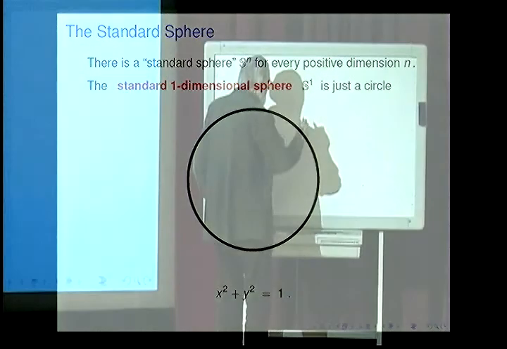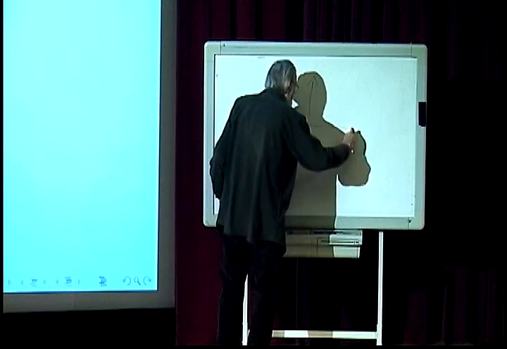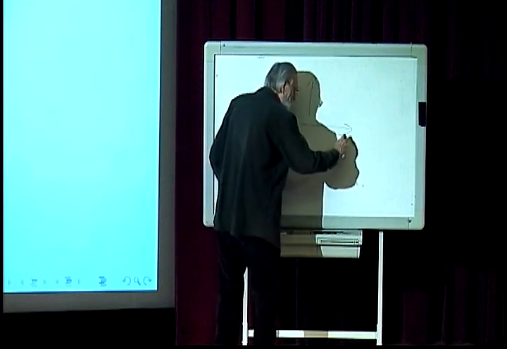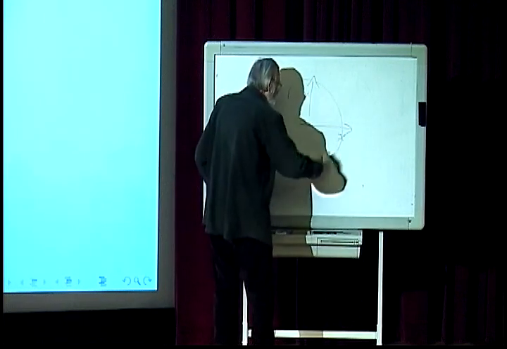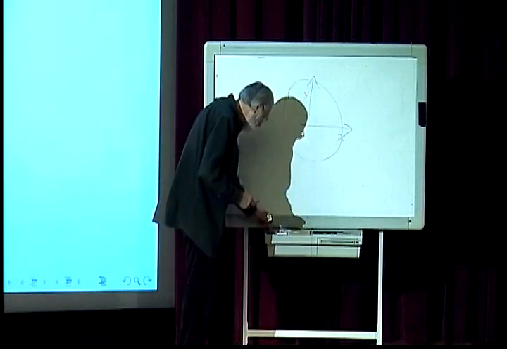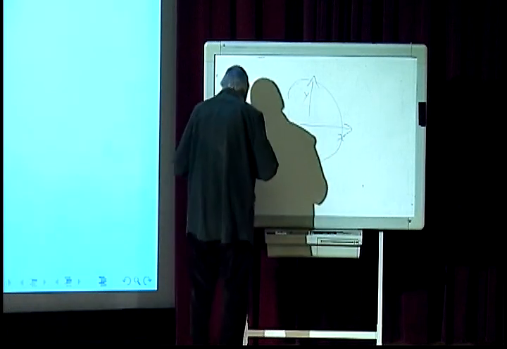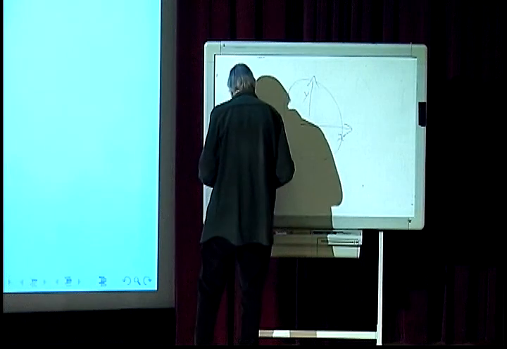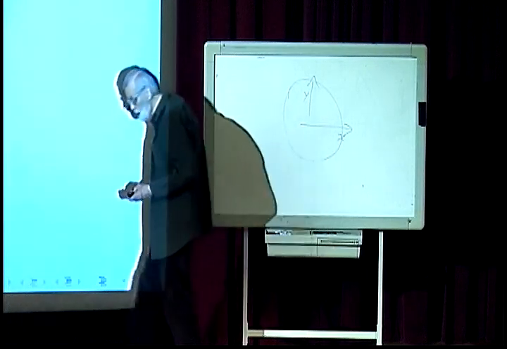In the case of a two-dimensional space with coordinates, say, x and y, the points with distance 1 from the origin form the circle